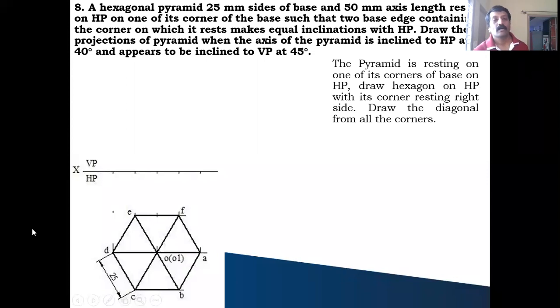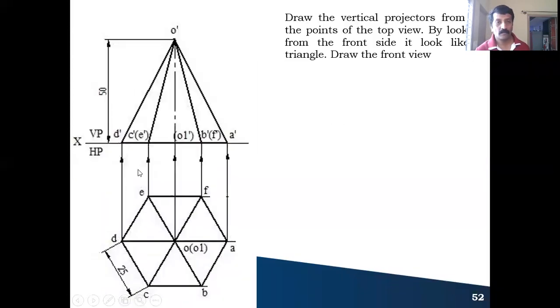Next, to draw the front view, you keep on draw the vertical projectors from all the points like this till it meets the 45 degree XY line. After that, which is axis point, this is axis point. Extend the axis point, the vertical projector, and take axis height is 50 millimeter. You take this as the center and cut it here. So wherever it cuts the vertical projector line, you call it as apex point.